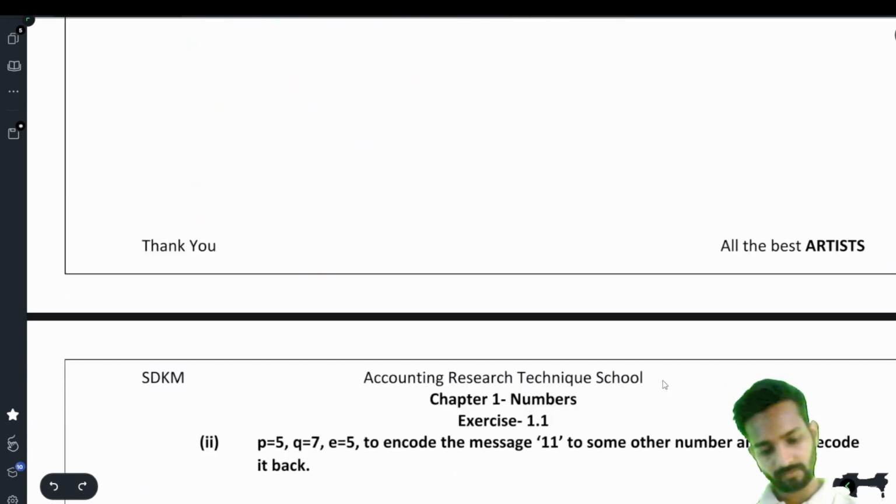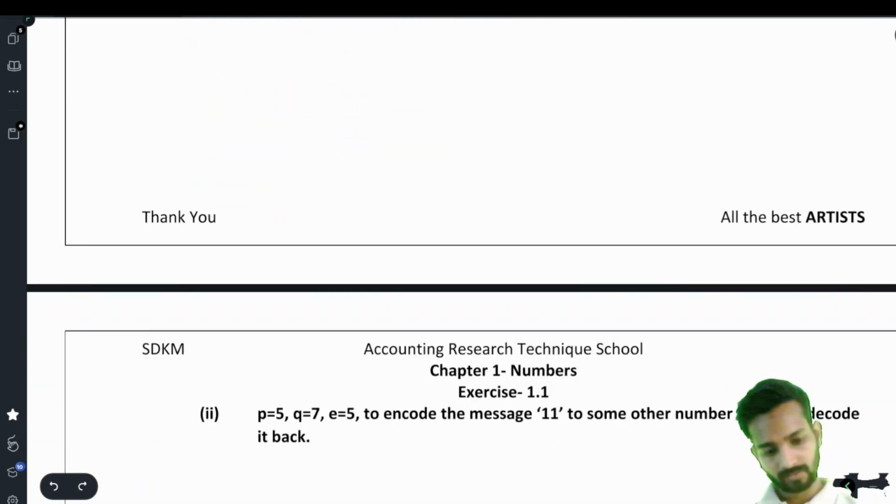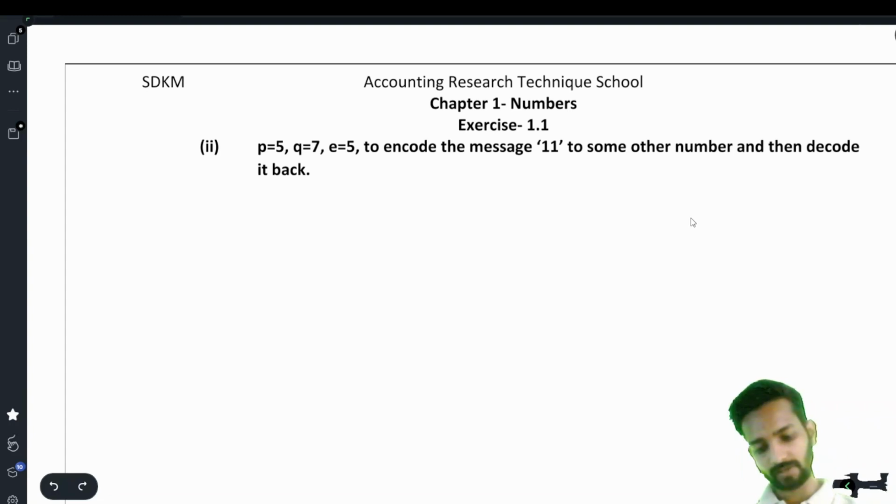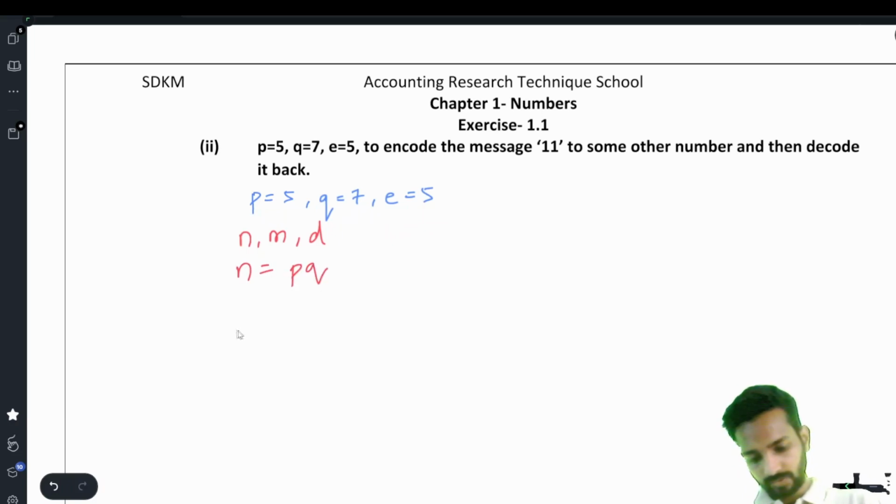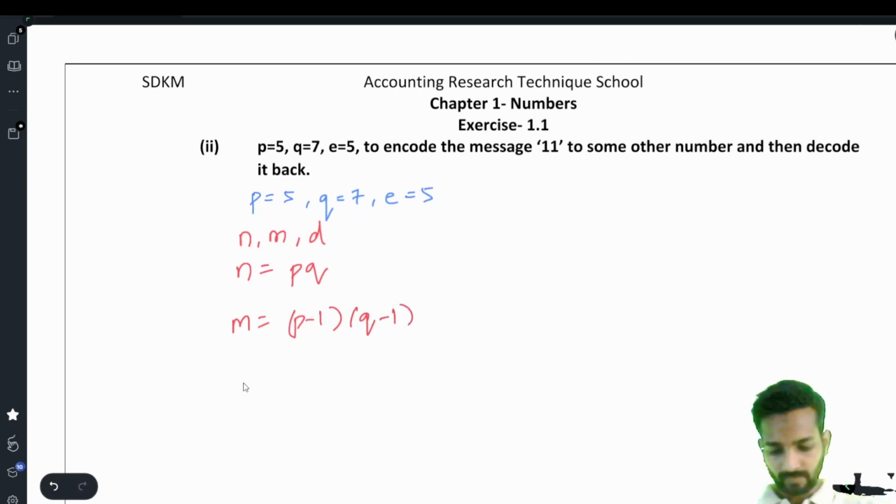Solve the next question. We'll solve the last question, that is p is equal to 5, q is equal to 7, e is equal to 5, and we have to encode the message 11. Now in this case value of x given is 11. We have to find 3 terms, n, m and d. N is equal to pq, m is equal to p minus 1 times q minus 1,